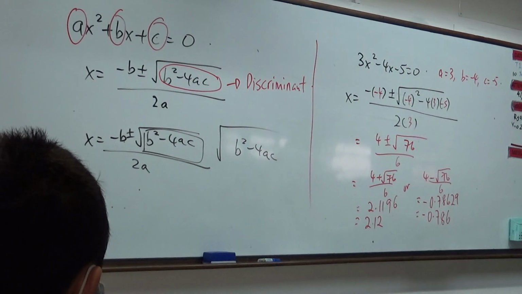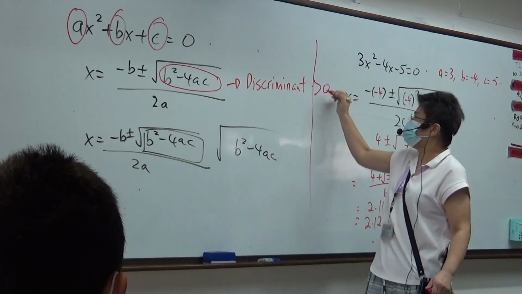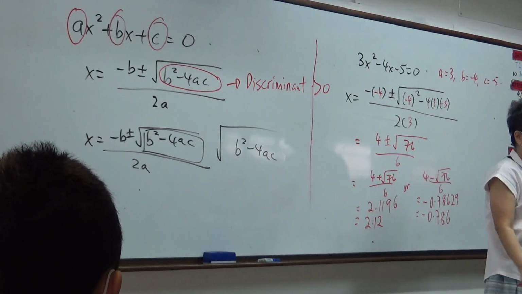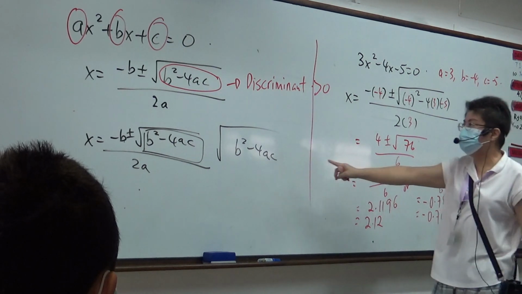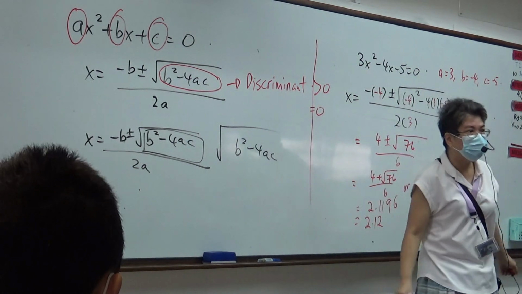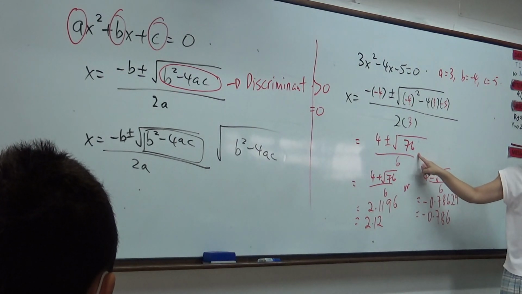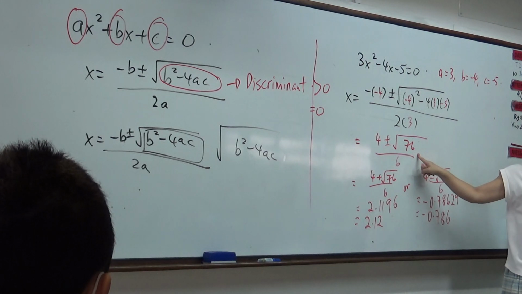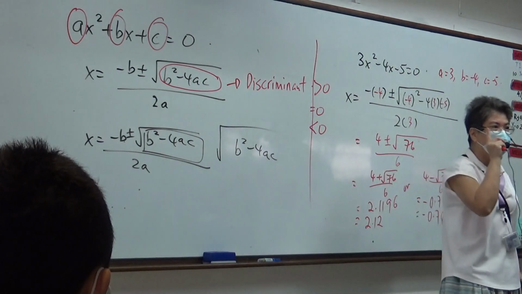Now, if discriminant is bigger than 0, that means it's positive number. I have 2 answers, right? Answer 1, answer 2. Sometimes discriminant can be equals to 0. If it is 0, I only have 1 answer. Correct? Yes or no? What if discriminant is less than 0? Can you have a square